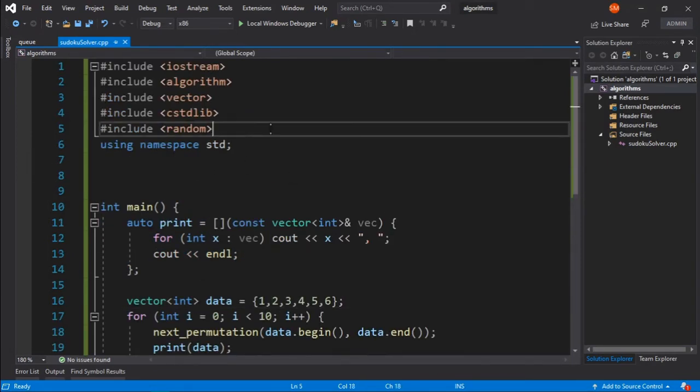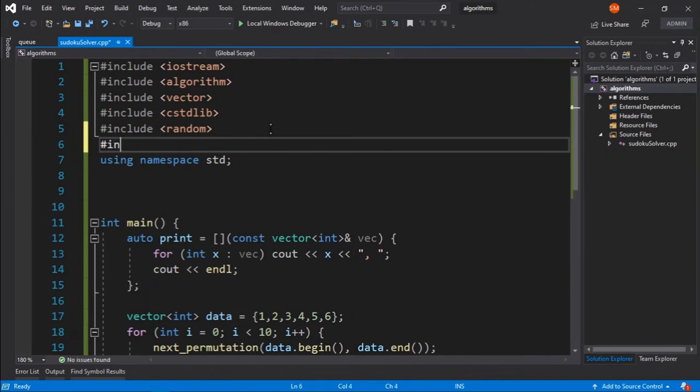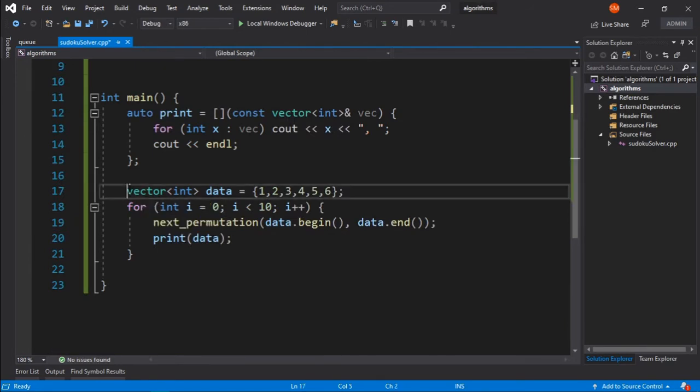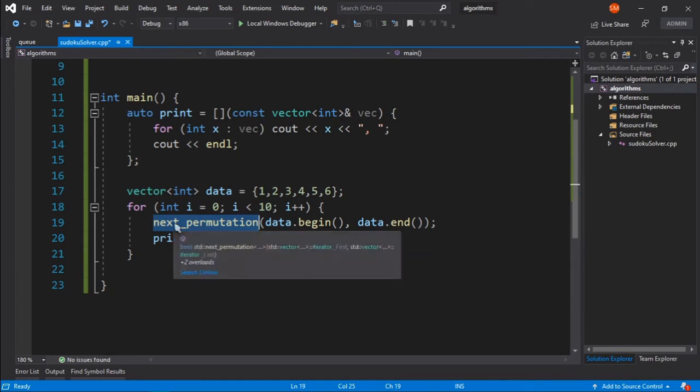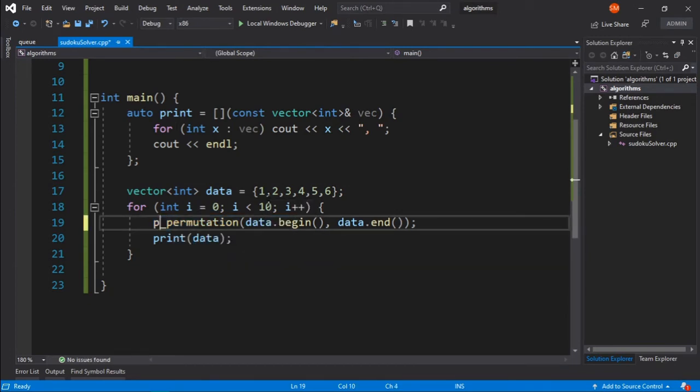For that I want to include the string header file, because we will be using a string. And just like next permutation, we also have previous permutation that goes to the previous one of the permutation. So for that we will say previous permutation.